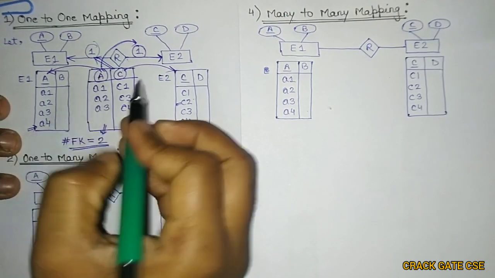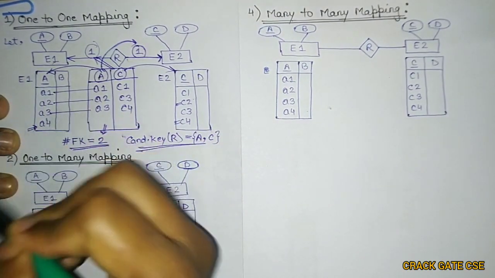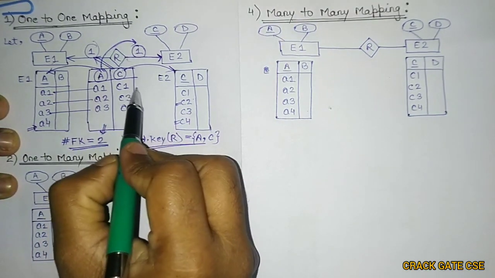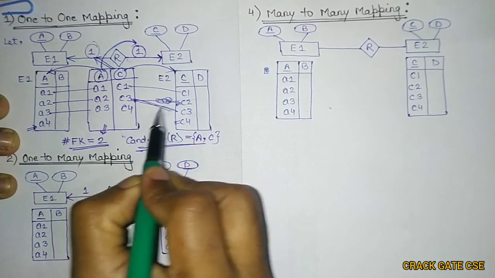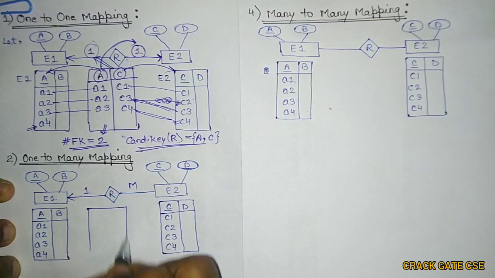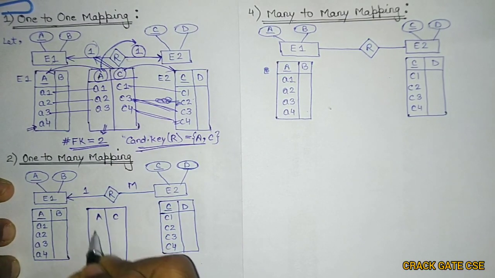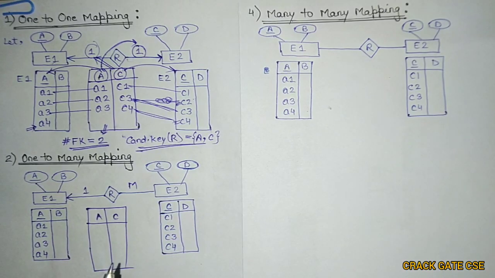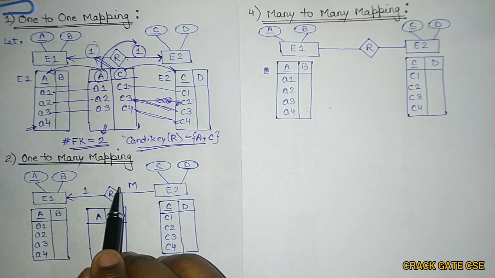So here you can see that this was 1 to 1 in the earlier example. So this A1 is relating with 1, this A2 is relating with 1, this A3 is relating with 1. Here also 1 to 1, and this C4 is related to this. Now let's try to find out the table for this relationship set. So here also it will be AC because the keys will participate, but here this particular A value can relate with more than one value of C2.